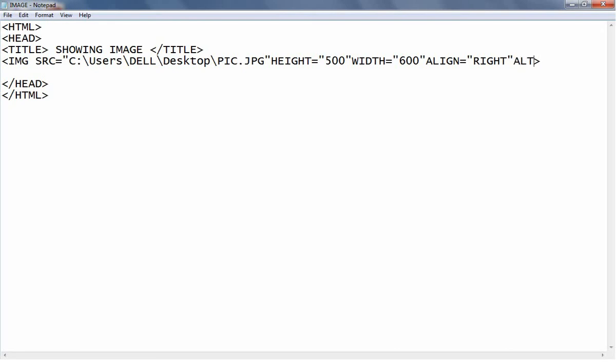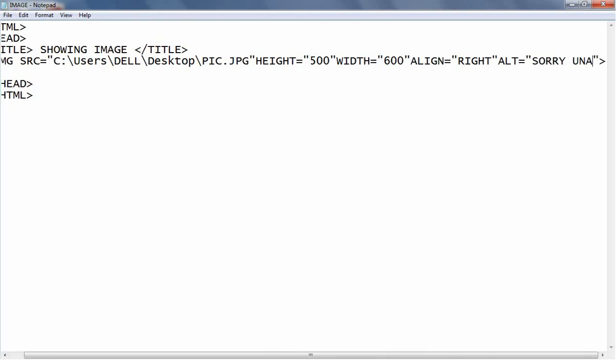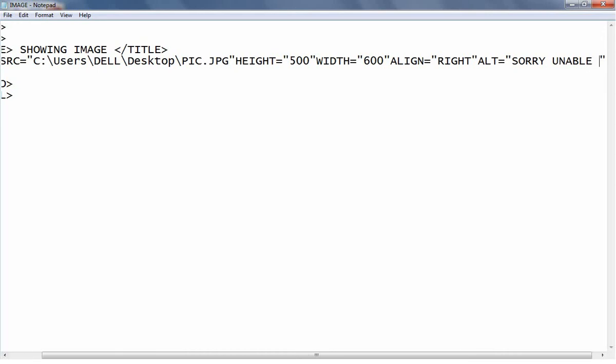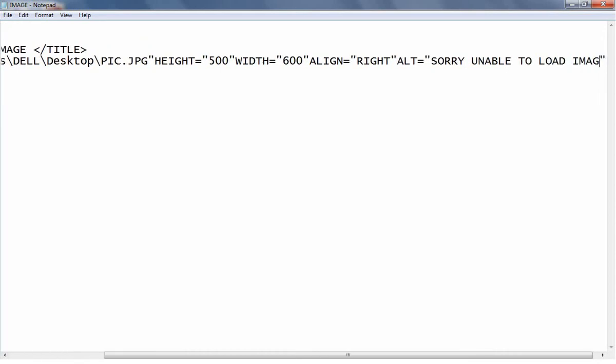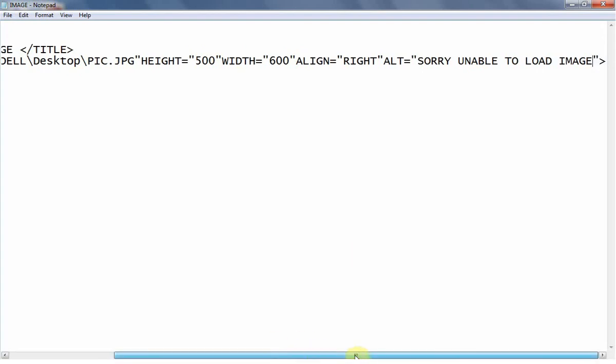Next I am going to use the alt attribute. Alt is used to display an alternate message if the browser is not able to load your image. So I am writing here in the message, sorry, unable to load image.